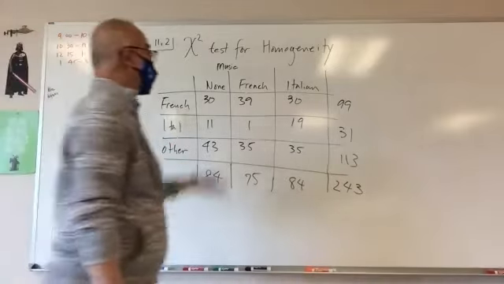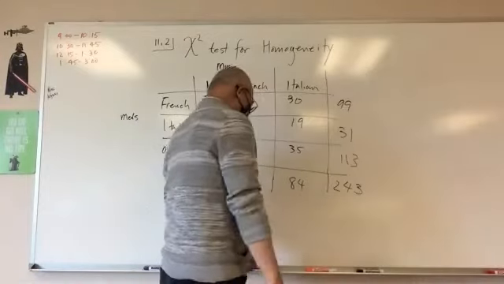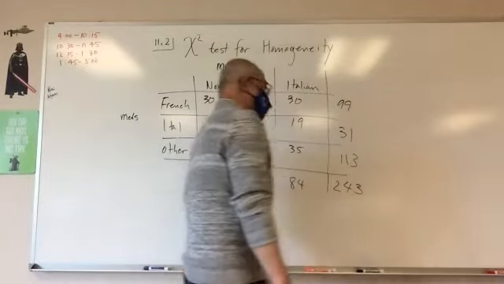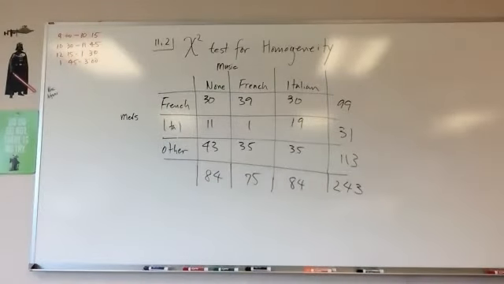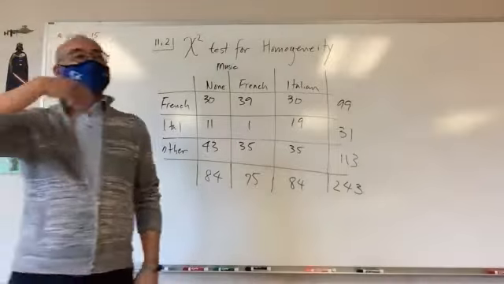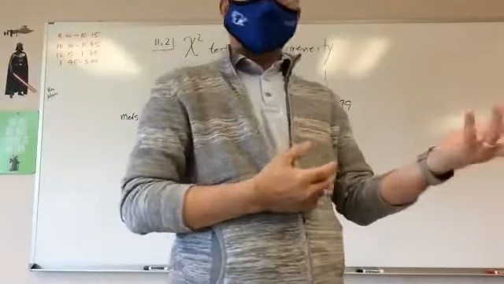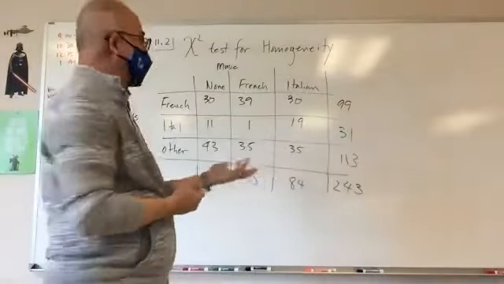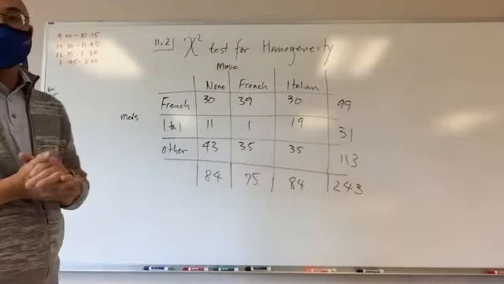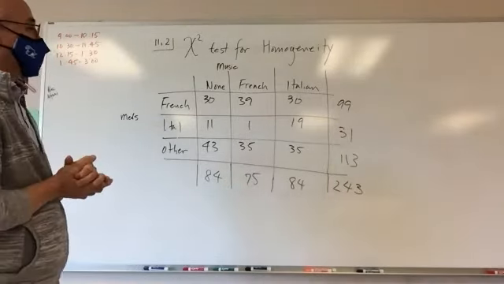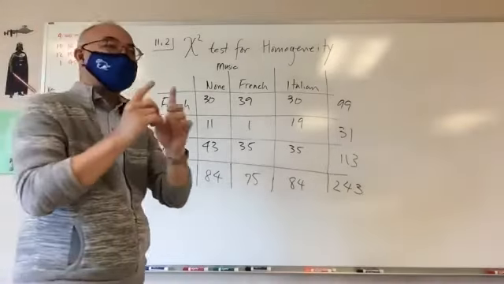So we're going to use the chi-square test to do that. We're going to do the same thing. So what did we do when we did the chi-square test of goodness of fit? We had to find not only the observed, but also the expected values, right? So what are your expected values? How would you find the expected values here? So the hypothesis is: